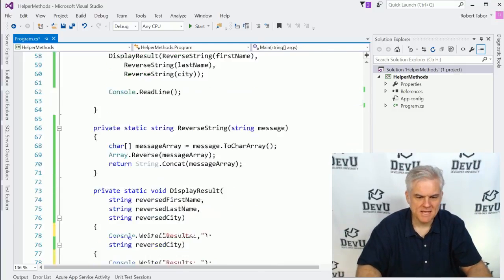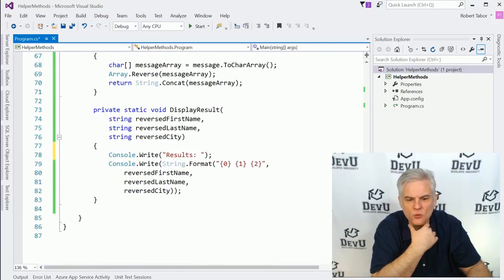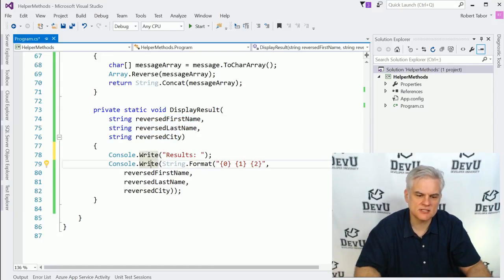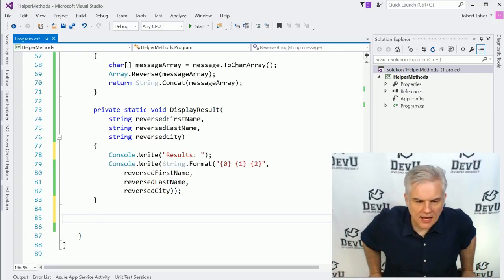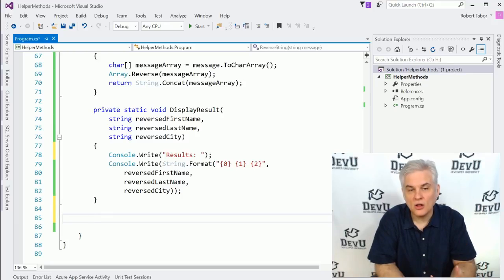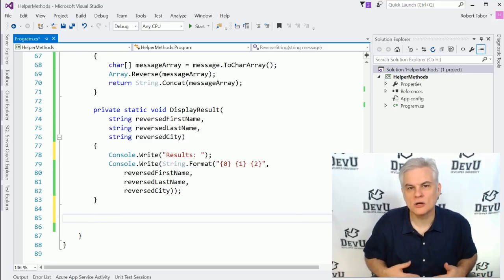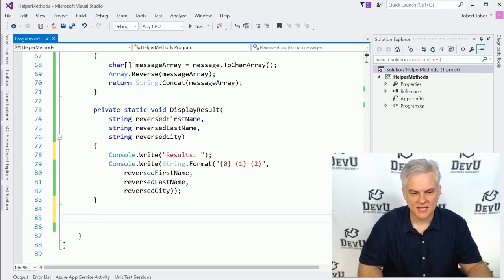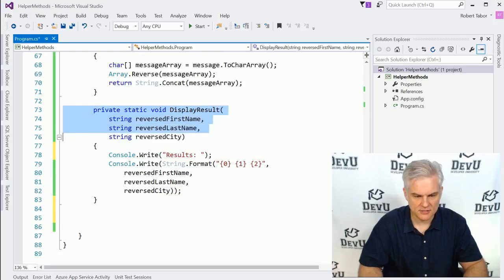Now, suppose that I don't want to pass in each of these individual values. What if I want to display the result and only pass in one value? What could I do in that case? Well, I can provide additional ways of calling a method by creating what are called overloaded versions of our methods. And in this case, what I'll simply do is start out